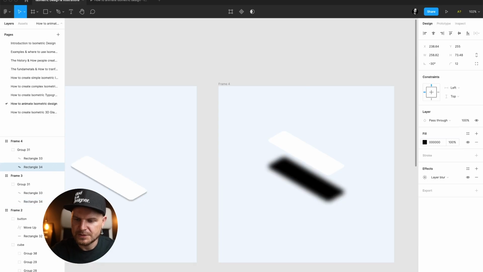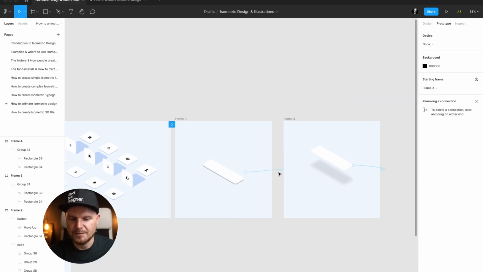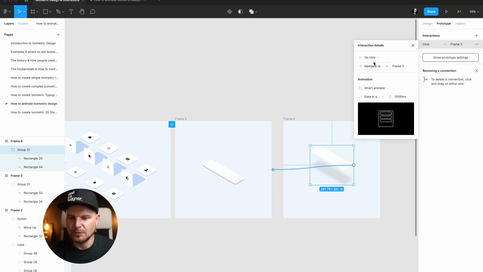And here 100%, and 10 for the shape. Done, like this. Now prototype, on click will go here, here on click will go back